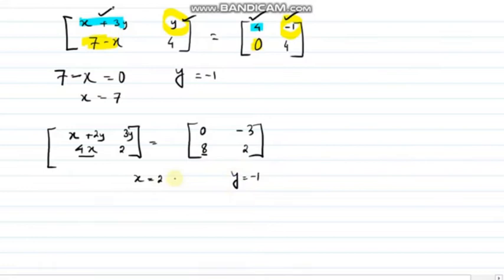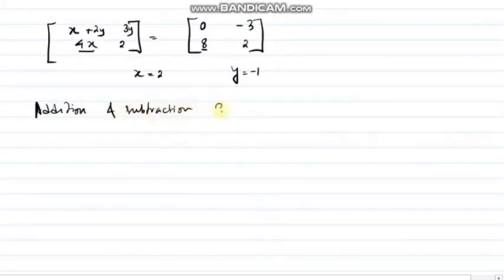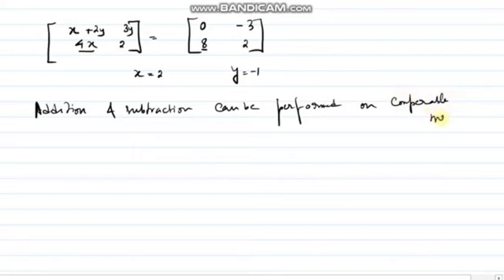Now addition and subtraction of matrices, this is very easy. We can perform addition or subtraction on matrices when the matrices are comparable matrices. Remember the definition of comparable matrices? Comparable matrices are those where we have the same number of rows and columns. Addition and subtraction can be performed on comparable matrices. Please be very careful. So how to do that? Again, the corresponding elements we have to add or subtract based on whatever is given.